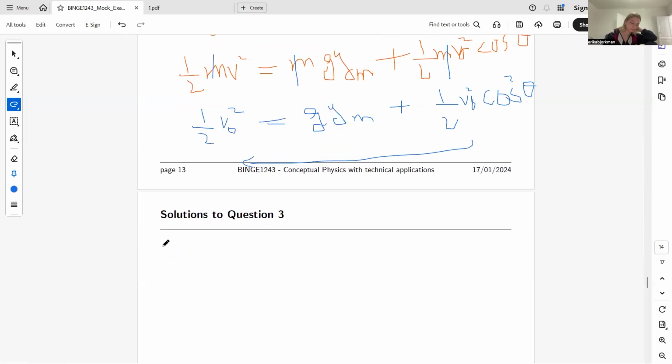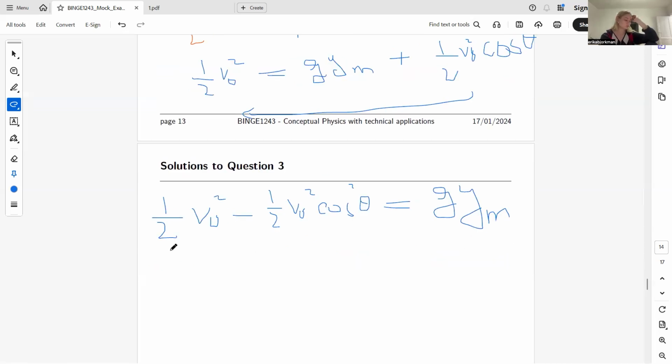As a result, it will become half v naught square minus 1 by 2 v naught square cos square theta is equal to g ym. Half v naught square is common in this equation. Then after taking common, our relation will become half v naught square into 1 minus cos square theta is equal